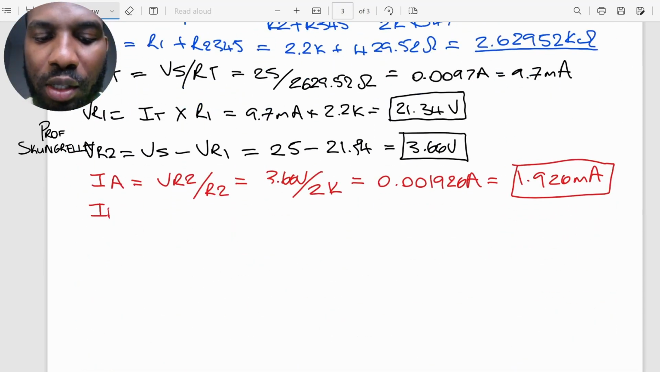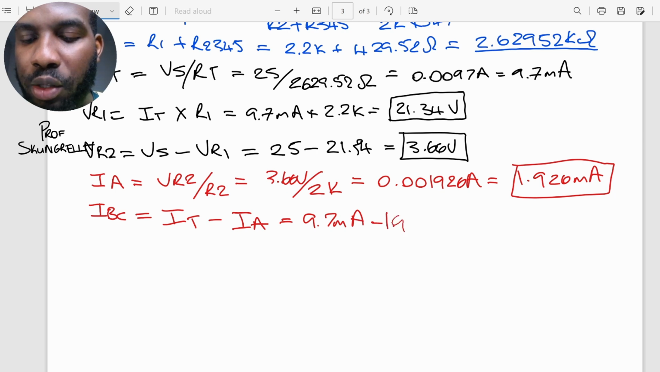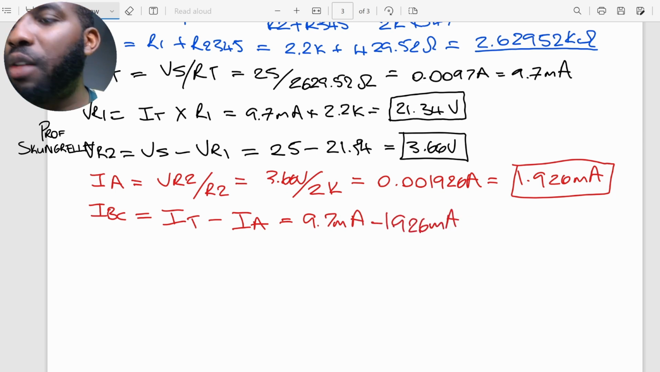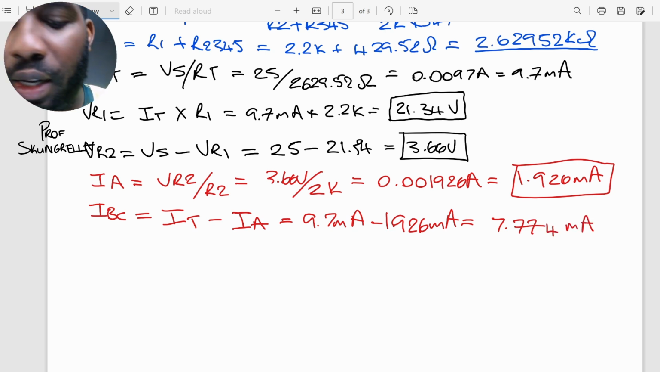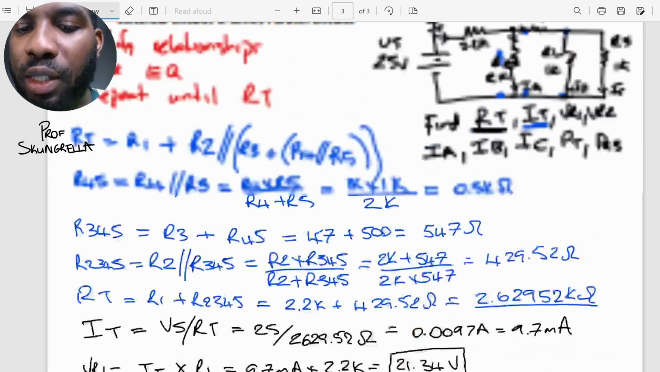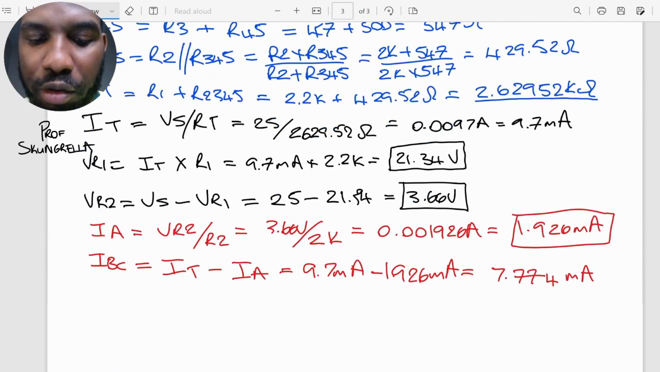So we can say that IBC is equal to IT minus IA, which gives us 9.7 milliamps minus 1.926 milliamps, and that gives us a total of 7.774 milliamps. This is IBC. Now, this is the current that is going through this resistor R3. And if we know the current going through R3, and we know the resistance R3, we can find the voltage drop across R3. So VR3 is going to be equal to R3 times IBC,